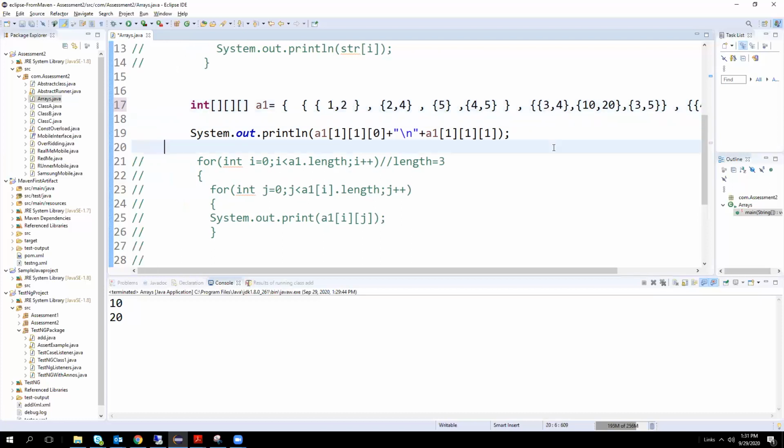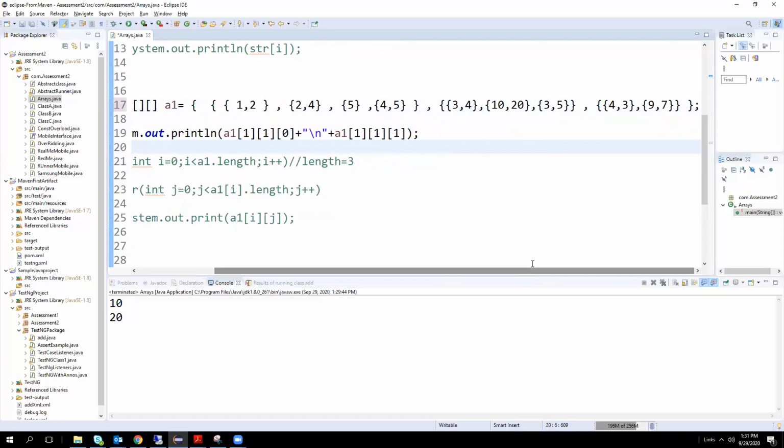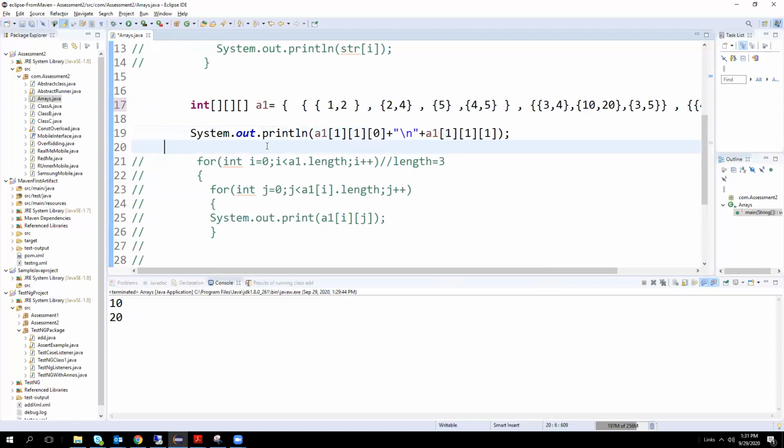I got that point. Can you try this A1, instead of 1, replace it with 0? The first one. Execute. 0 means it will go to this set.